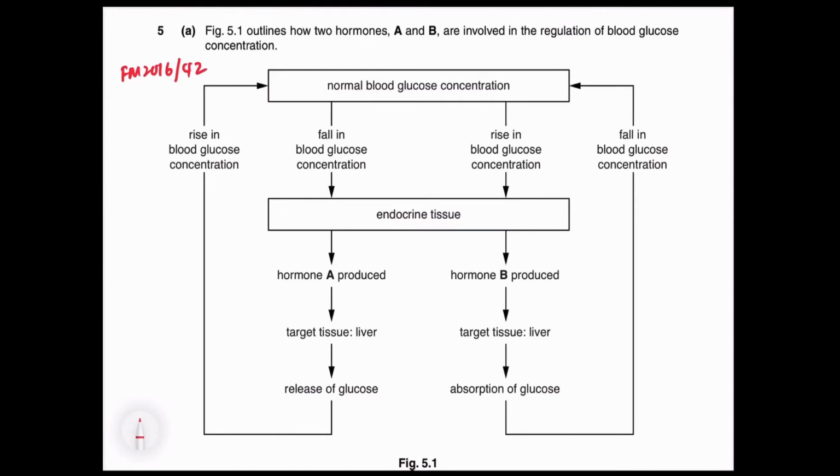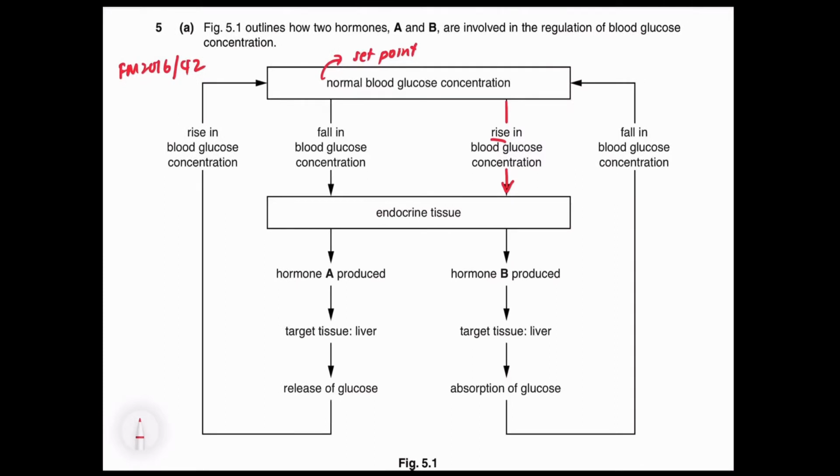We know that the pancreas is an endocrine gland that produces hormones involved in homeostasis. So what is the hormone that's produced? We know that our blood glucose concentration needs to be maintained at a set point. So when there's a deviation from the set point, if there's a rise, what will happen? If after eating there's a rise in your blood glucose concentration,